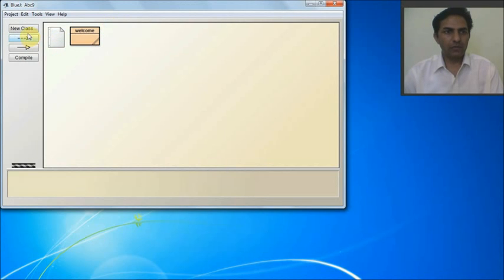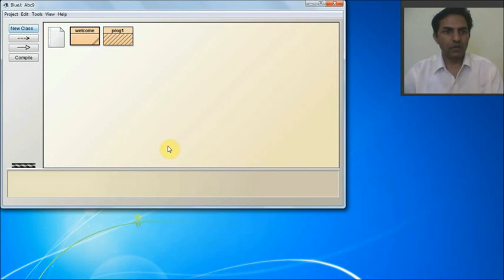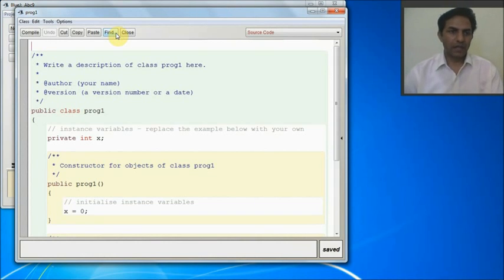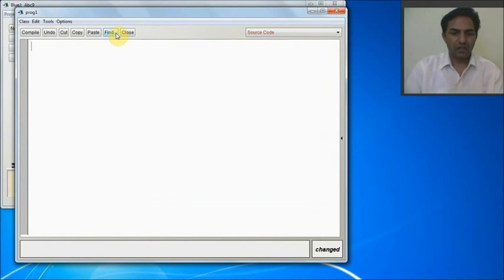Now another program I am going to write by using void main. So again I am writing prog1, that is program 1, then clicking on OK. After that I am going to write the program code. So to edit program code I have to do the same process, Control A, then the delete button. Now I will write my program code.